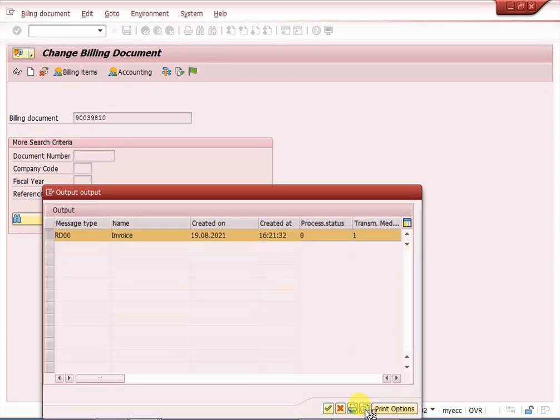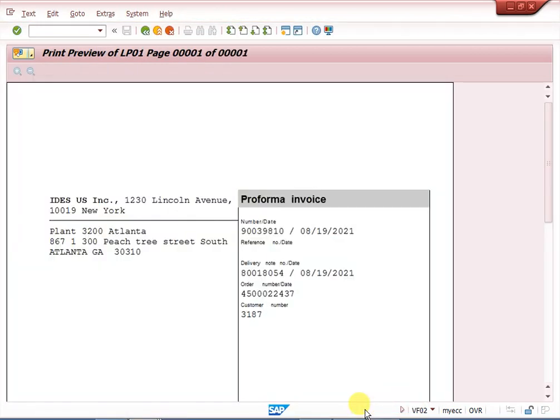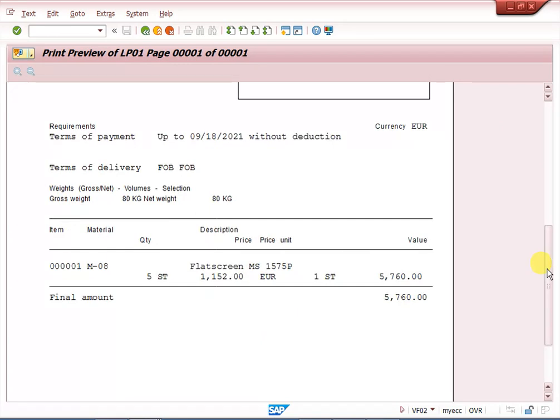click here, print screen. Once you print, the output will come. This is the SAP standard output from the IDES form. In real time that is different. Here one logo will come, here the company name and address will come, here customer addresses and plant details, invoice details, everything will come down. Here the total quantity is in user format.